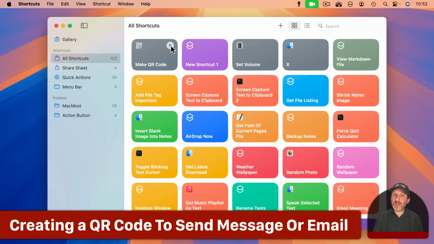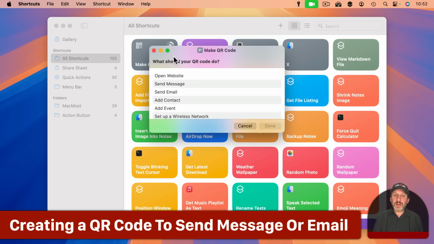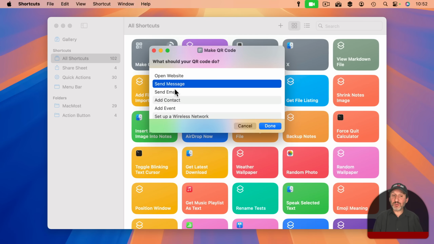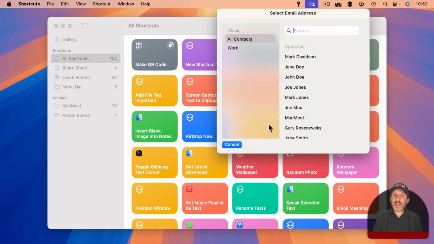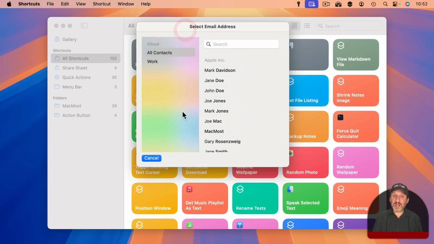But notice you can also do a lot of other things here. So when you run it, one of the things you can do is send a message or send an email. So for instance, for sending an email, use that, and then it's going to have you select a contact. And this is going to be where the email goes. So if it's going to be an email that you want coming to you, like you want a QR code that says